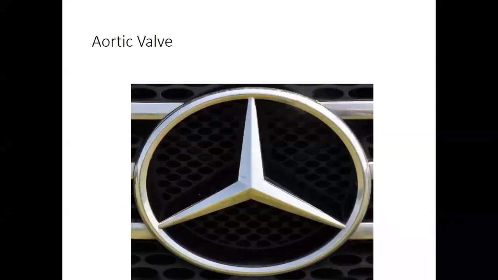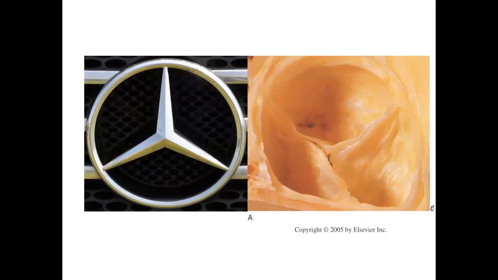So the normal aortic valve typically resembles the Mercedes-Benz sign. See, this is a monogram used by the Mercedes-Benz company. It's the most famous company for making cars. So the aortic valve anatomy, the cusps and the commissures, most closely resemble the Mercedes-Benz. So usually we call this the Mercedes-Benz sign. You can see, compare that it quite resembles the normal aortic valve.